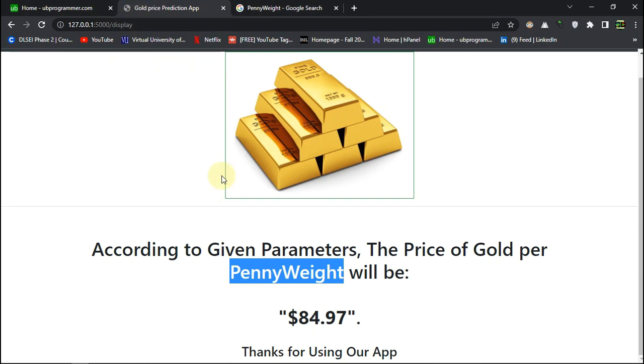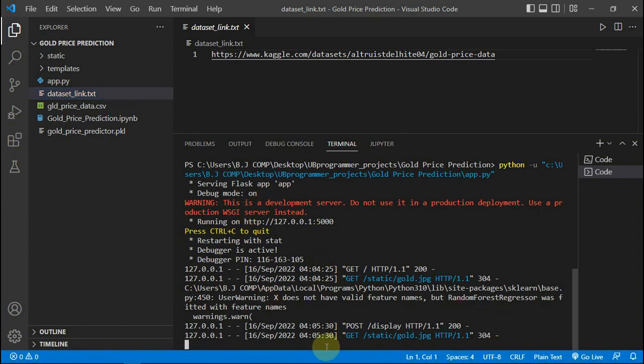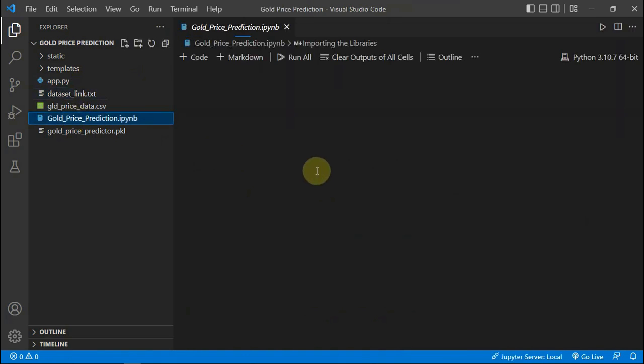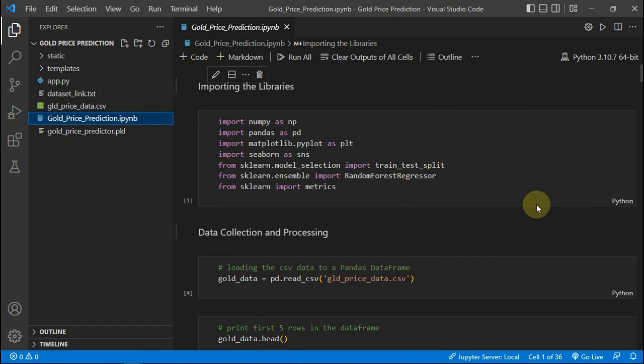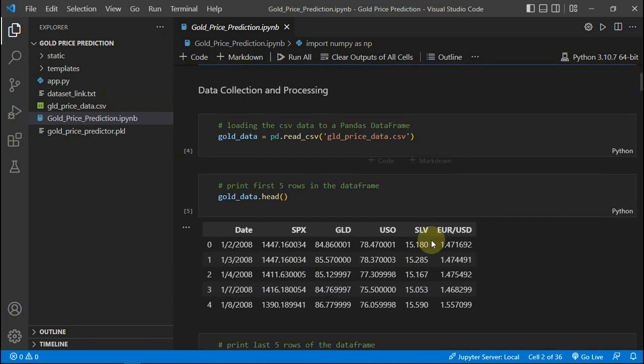Okay, so let's just see a bit about our code, how we have built this app, right? Let me just open my notebook and import libraries, and the model we will be using is random forest regressor for the prediction part, right? This was the dataset. We have removed it because it's not that effective on the price, right? And this was the target variable,